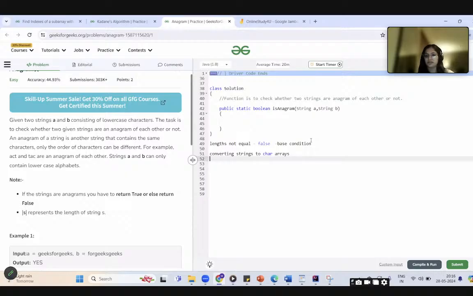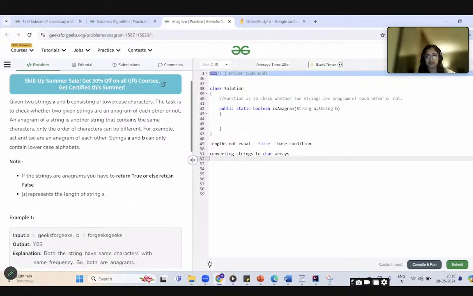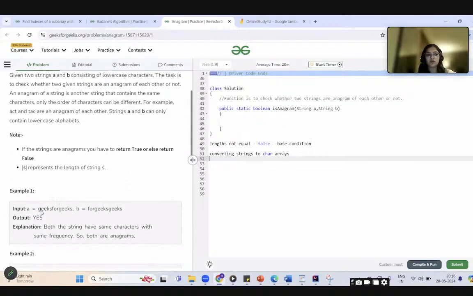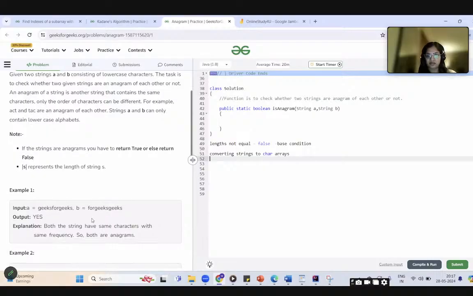We can use a hash map. In a hash map, what if I use a hash set? In a hash set, if I put all the characters, like I put G, I put E, but I can't put the other E because a hash set can't contain duplicates, right? So a hash set is not of any use here.